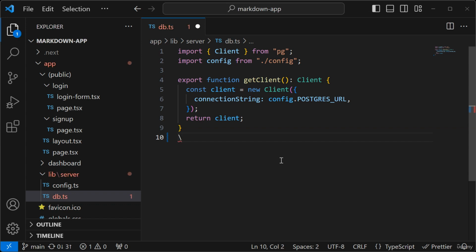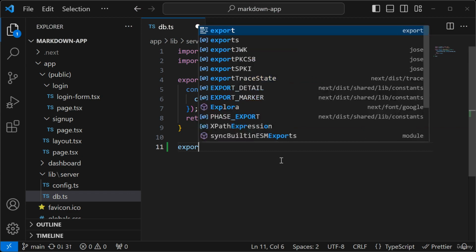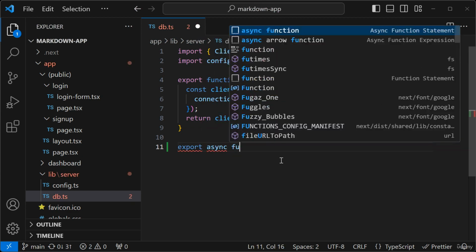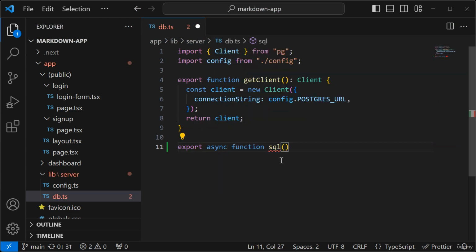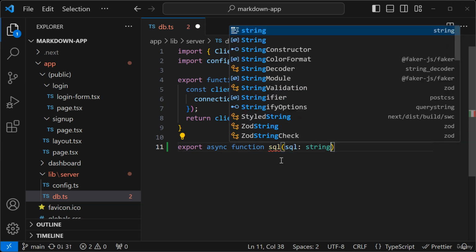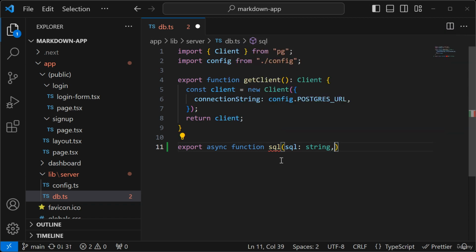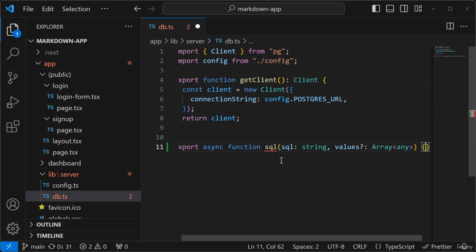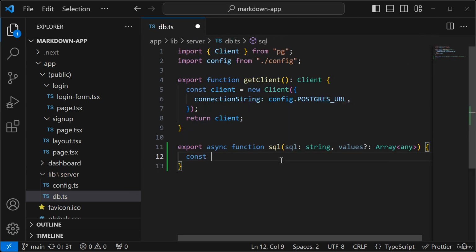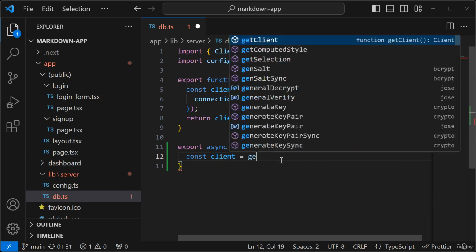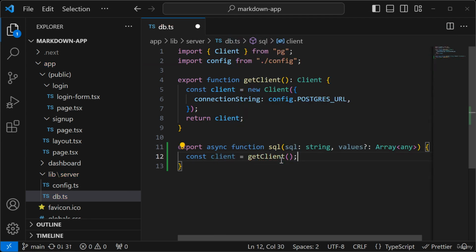So we're going to create a function. It's going to be an async function, and we're going to call it SQL, and it's going to take a SQL string as a parameter, and also a values array. That will be optional, but it will be an array of any type, and we're going to initialize a client here by calling our get client function above,